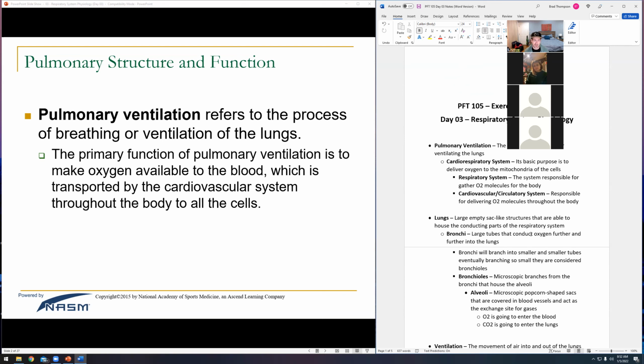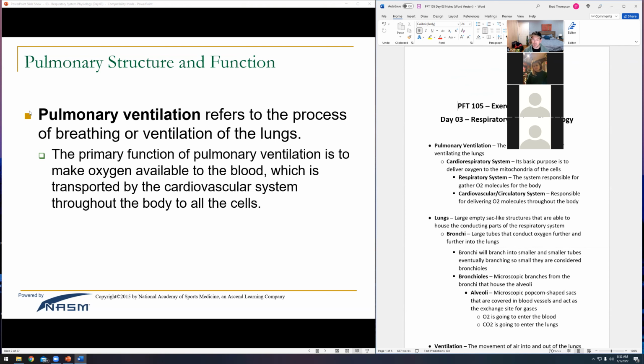Also, just to introduce it, we are going to be watching a bit of a crash course video today. It is on the cardiorespiratory system. We're actually only going to watch about half of the video today. And then once they get to the cardiovascular part of it, I'll pause it